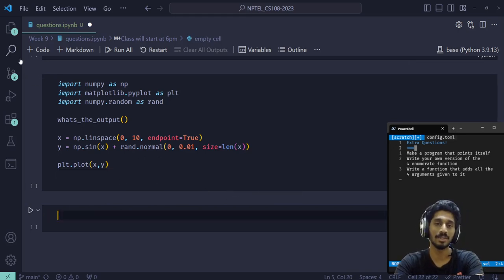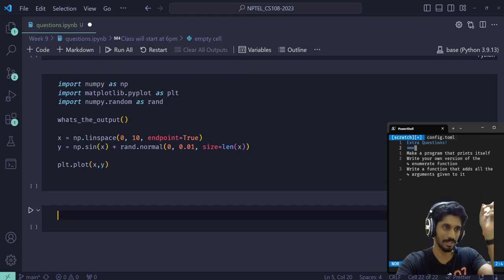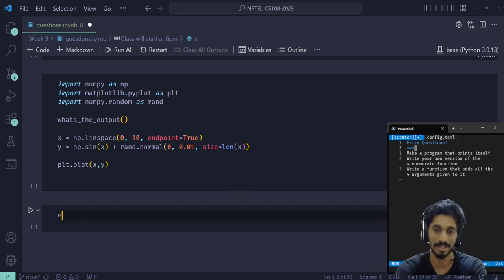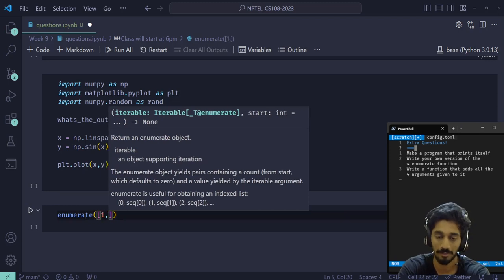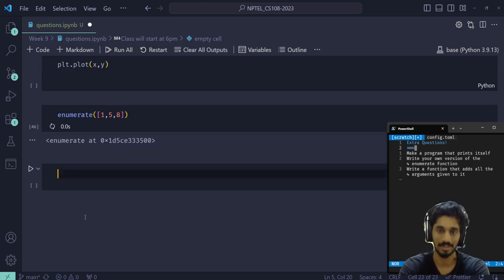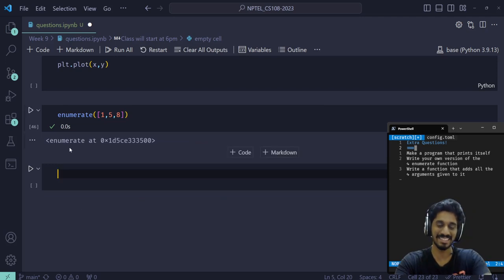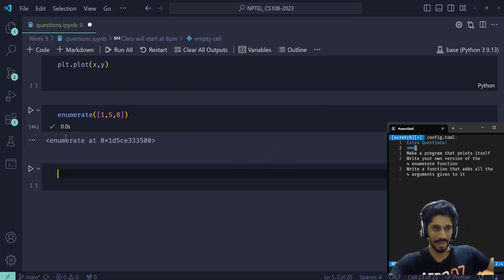So I think we can go over the second extra question I've written here, like writing your own version of the enumerate function. So let's see how the enumerate function in Python first looks like. If I do enumerate of 1 comma 5 comma 10, it essentially gives us, it doesn't, okay,